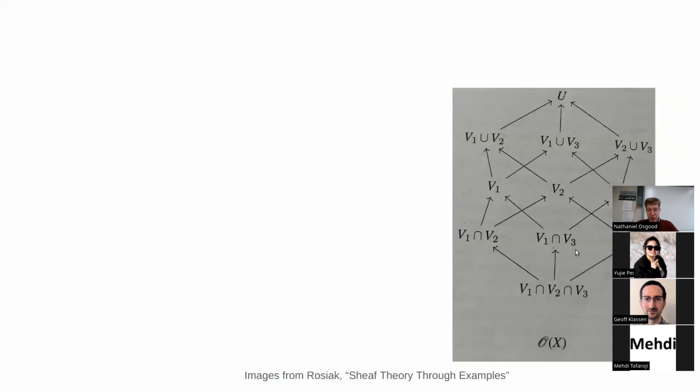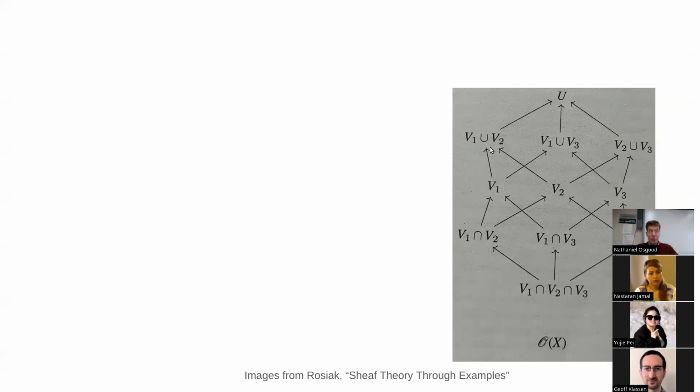If we have two morphisms in a row, if we have something like V1 is inside V1 union V2, so open set V1 is inside open set V1 union V2, and if open set V1 union V2 is inside U,